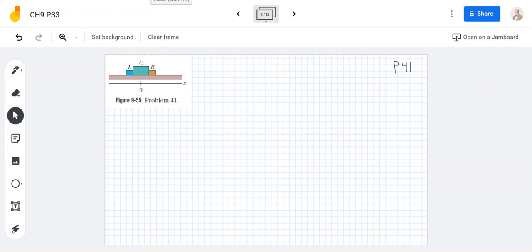All right, here we go. We find ourselves at Chapter 9, Problem Set 3. This is number 41. Number 41 says, the figure shows a two-ended rocket that is initially stationary on a frictionless